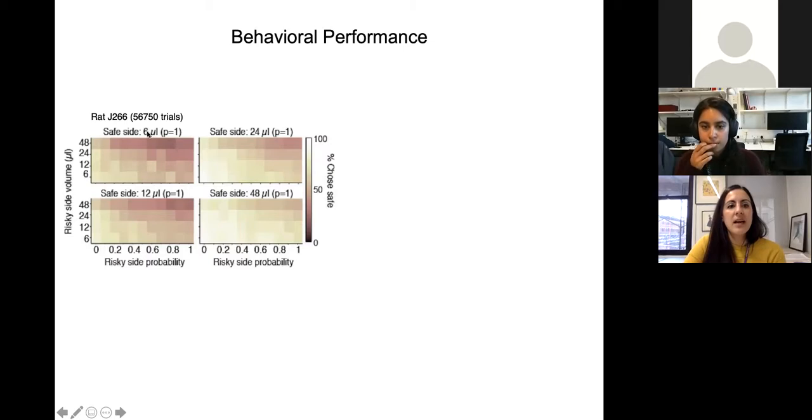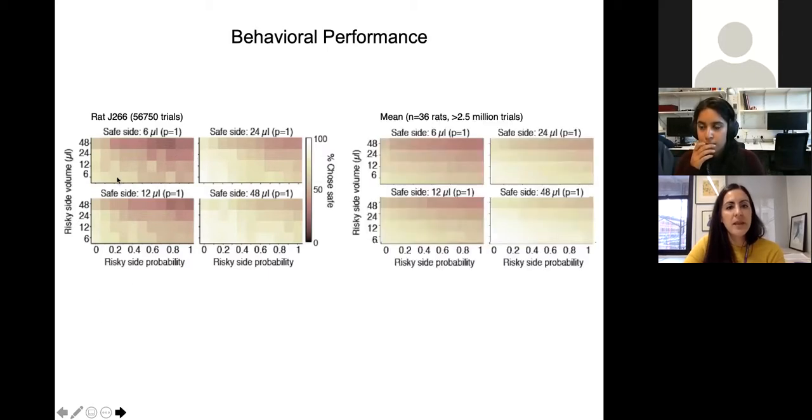Whereas if the safe side is the worst option, 6 microliters, then it's pretty red and the animal is choosing the risky side more of the time. And so this is for one rat. And this is averaged over 36 rats that we trained on the task. Okay, so this is just to show you, to unpack the data a little bit